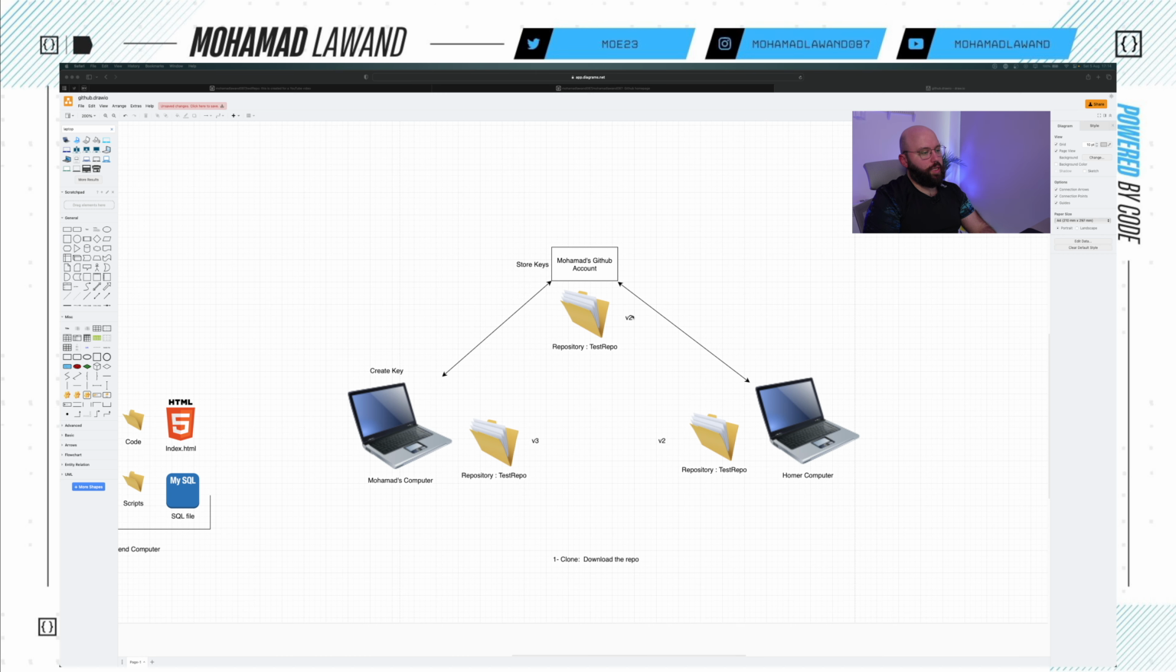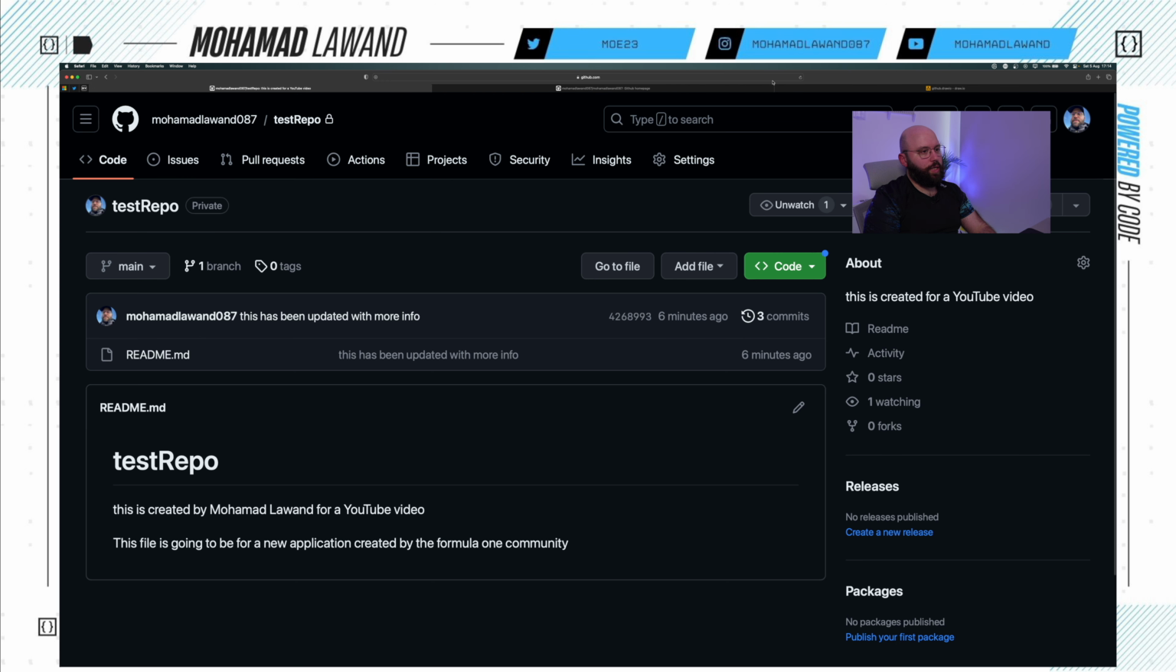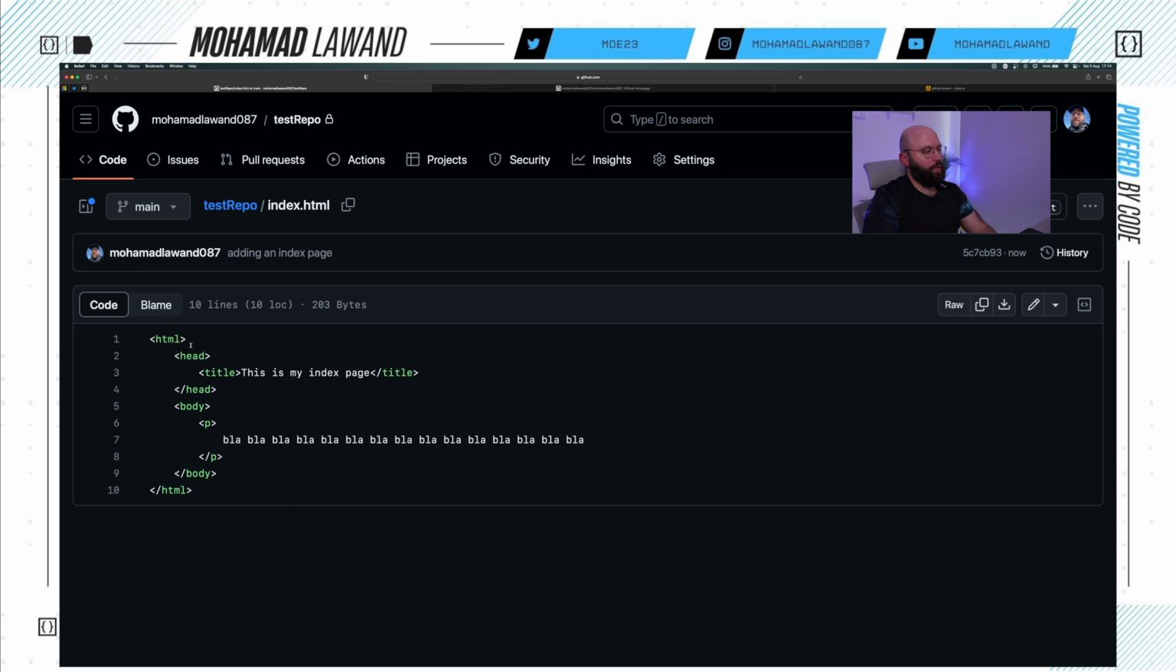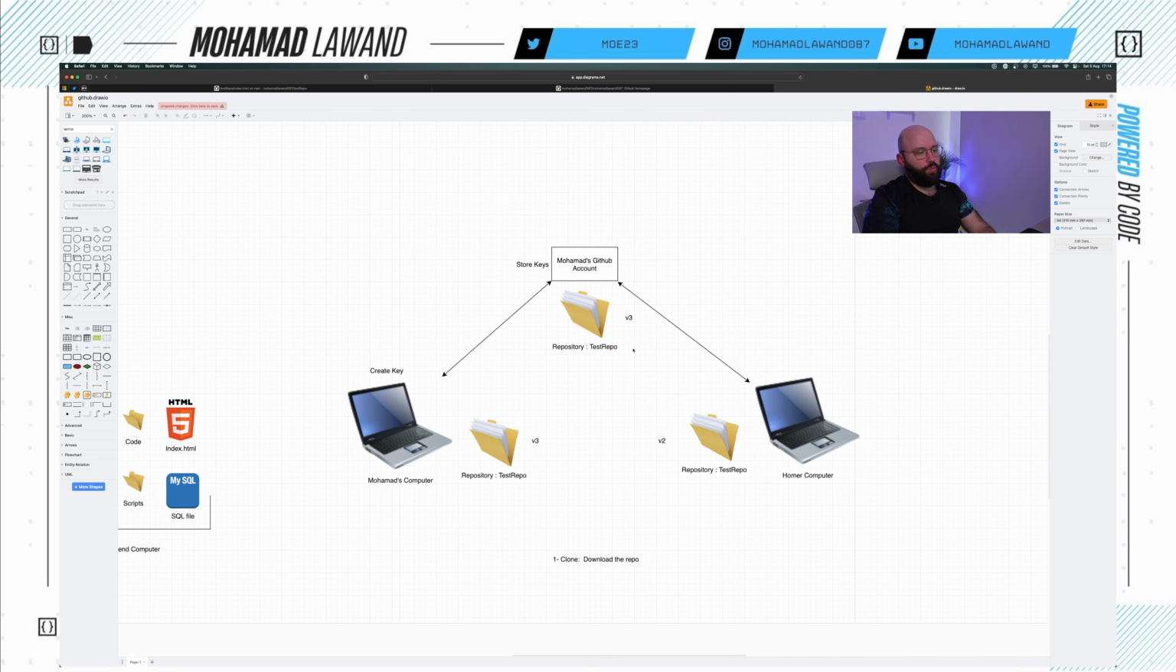Now basically this has become version 3. And let us verify that it works by coming here and refreshing. We should be able to see the index.html. Perfect, I can see the index.html. If I open it, we can see here that I have the text that I have added. Perfect. So now what I want to do is update Homer's computer to get the latest